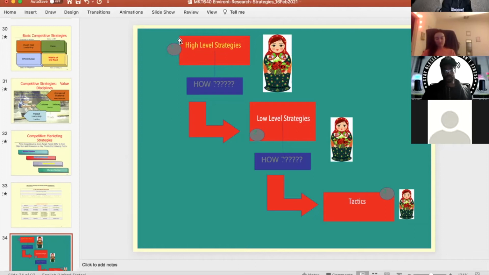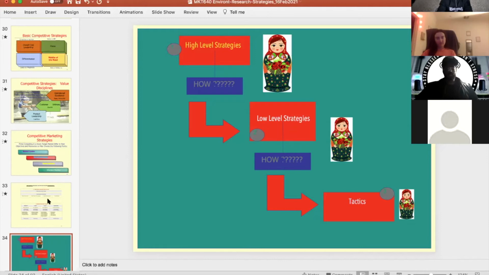So you have the strategies and you have the tactics. I've said that many times, even today. But just to confuse you a little bit, there's something in between. So how could there be something in between? What happens is there's the strategies, and then there's the sub-strategies. So the sub-strategies are the strategies for each one of the P, each one of the 4 Ps.